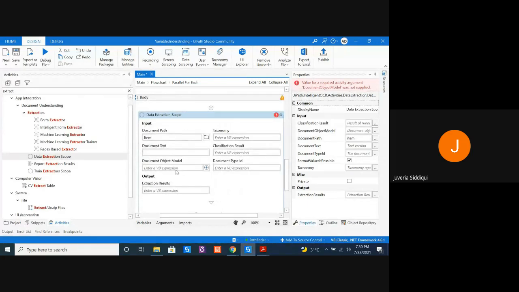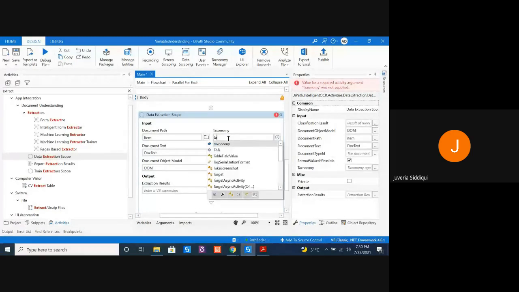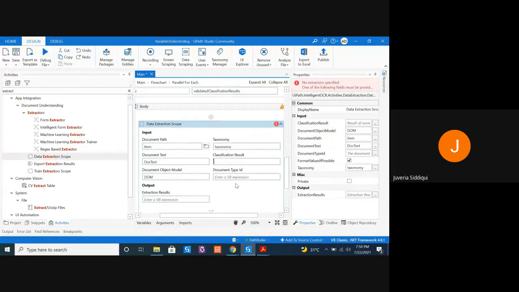Document text and DOM are both outputs from the digitize activity. Let's give them the value. Taxonomy comes from the load taxonomy activity as input. Now you have document type ID as well, and you have classification result as well. Since I'm classifying, I will use CR.